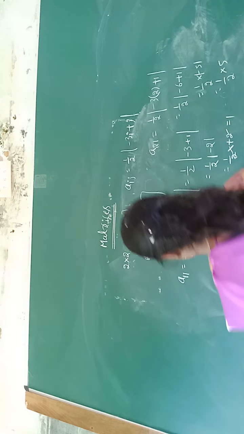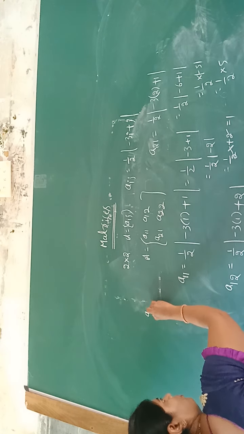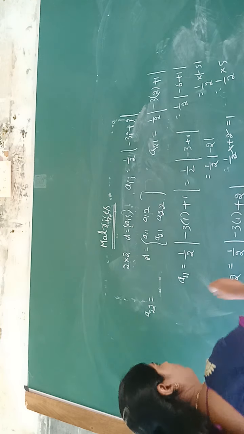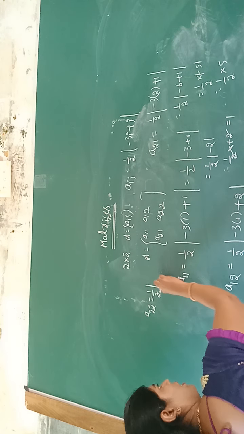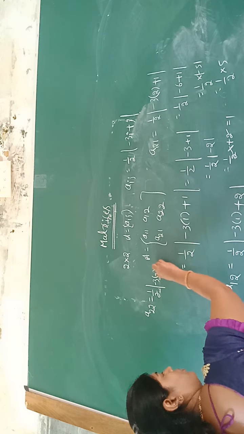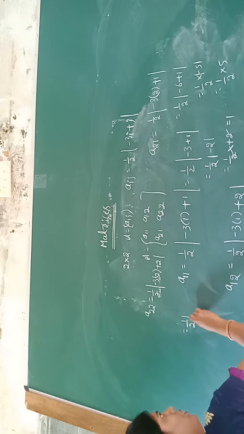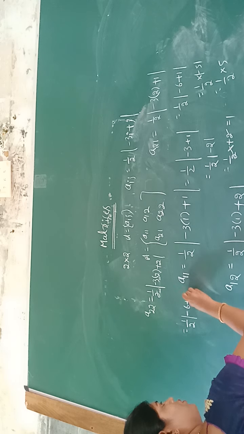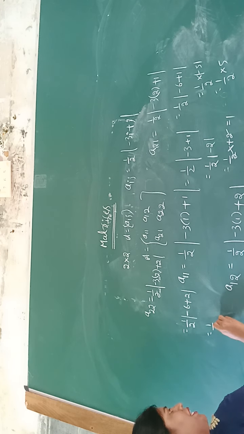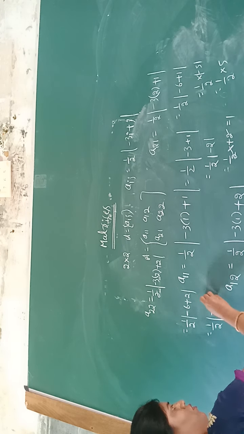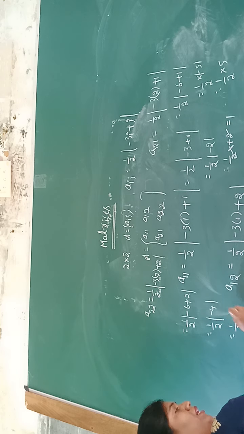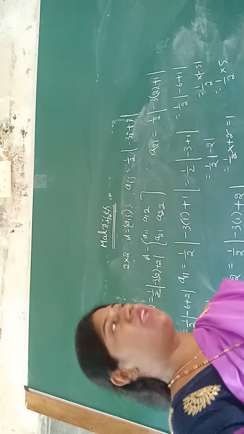The last element we have to substitute is A22. 1 by 2 modulus of minus 3 times 2 plus 2, which is 1 by 2 modulus of minus 6 plus 2. Minus 6 plus 2 is minus 4. So 1 by 2 modulus of minus 4 into 1 plus 4, 2 ones are 2, 2 2s, which is equal to 2. So therefore the required matrix